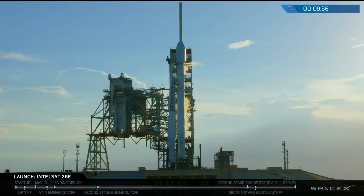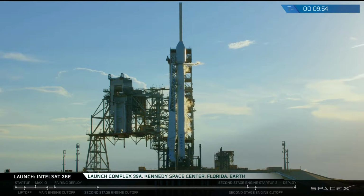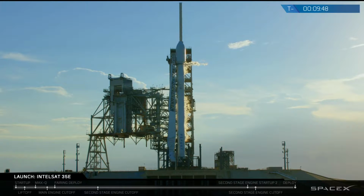Good afternoon from SpaceX headquarters in Hawthorne, California. It is July the 2nd, just after 7 p.m. at our Florida launch site. The SpaceX team is preparing for launch of the Falcon 9 in just under 10 minutes from now. Launch is currently scheduled at 23 hours 36 minutes Universal Time or 7:36 p.m. Eastern Daylight Saving Time. I'm John Isbrecher, Falcon 9 Principal Integration Engineer, and I'll be bringing you updates and information